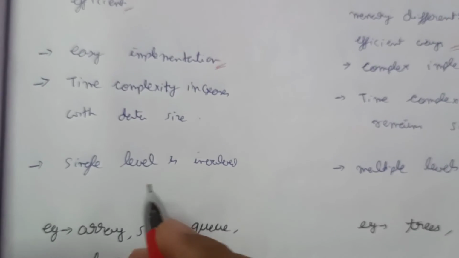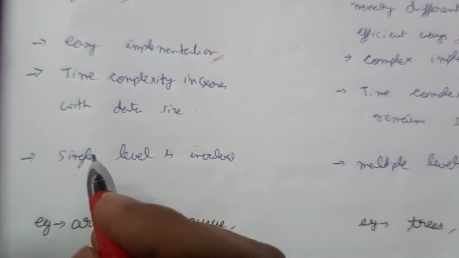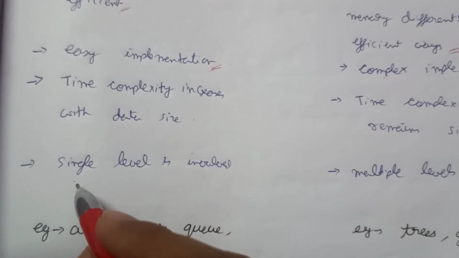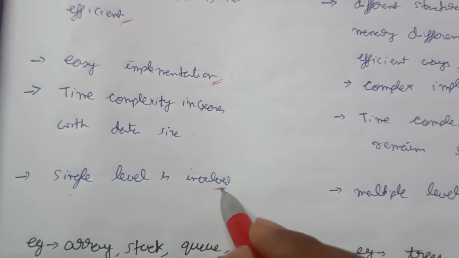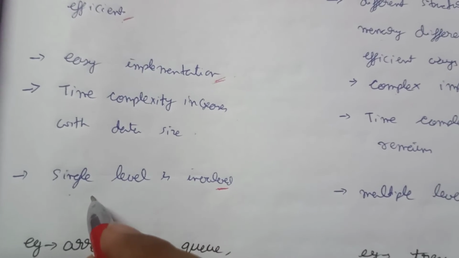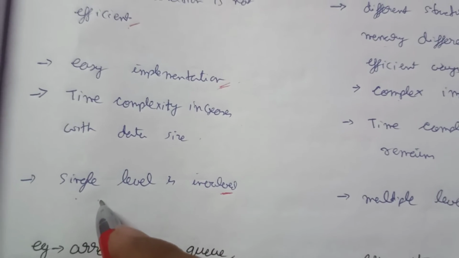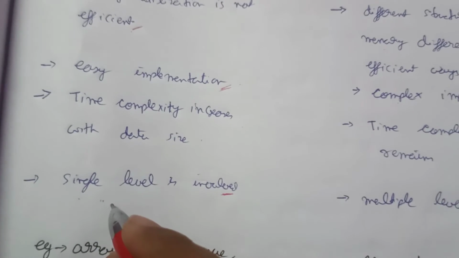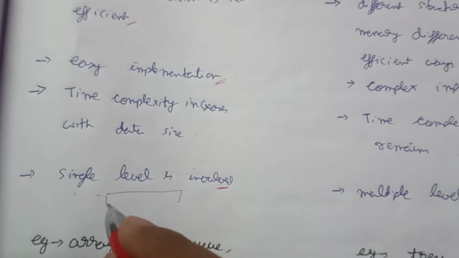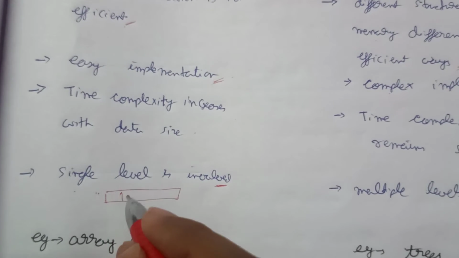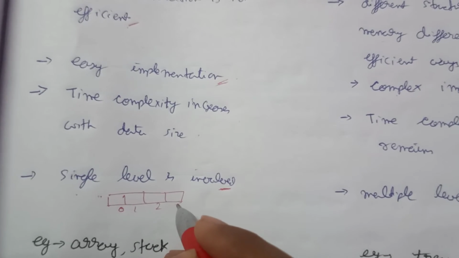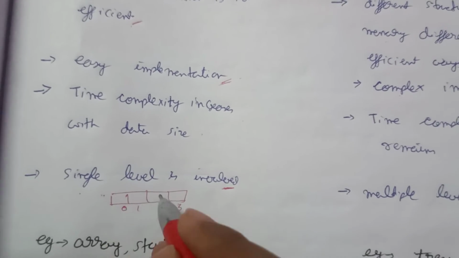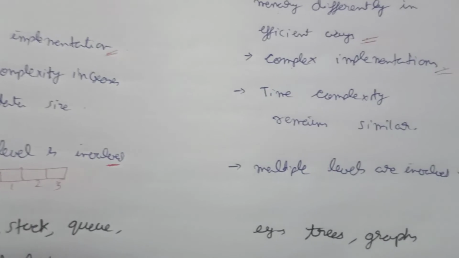And the last difference is single level involved. For a particular linear data structure, suppose we have an array with 4 elements, there is only one level involved here. But what is the case for